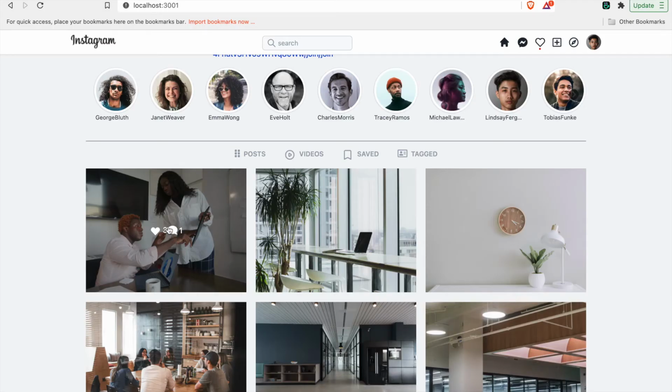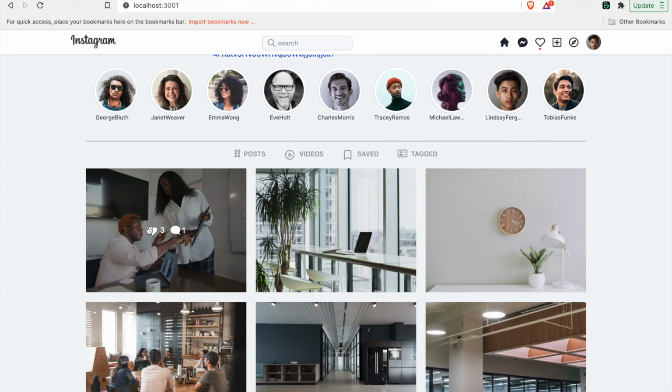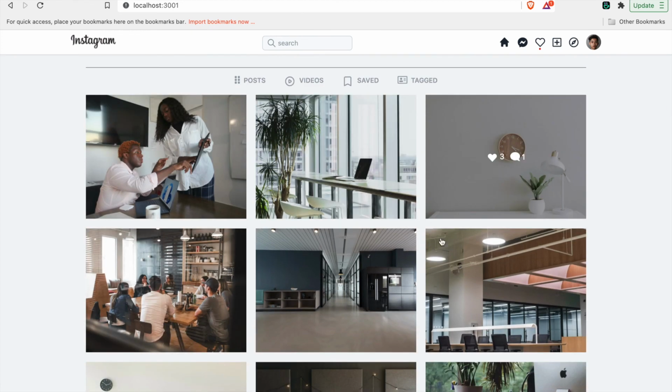Now the direction is correct, and the last thing that we have to add is to make some space between these two icons. So we go to the div, and then we add space x3. Now we can see it has some space in between, and everything looks pretty, and you can